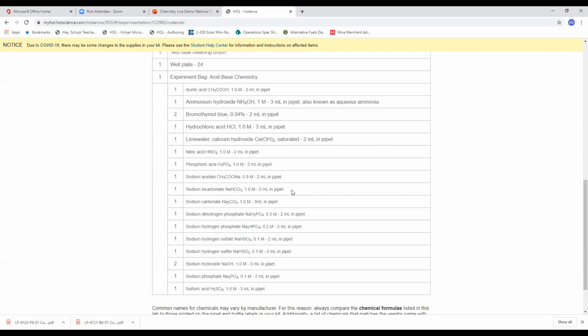Again, we know safety is a concern of yours. It's also a very big concern of ours. We also know cleanup and disposal of leftovers is a concern of yours on campus. And it's certainly a concern of ours for our end users, your students. So by providing students with very small amounts of chemicals, any disposal needs are minimized, and the residuals they have at the end of the experiment are really